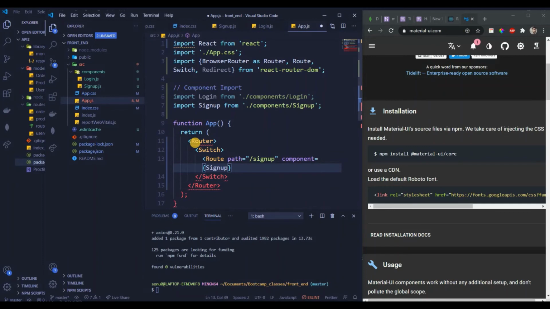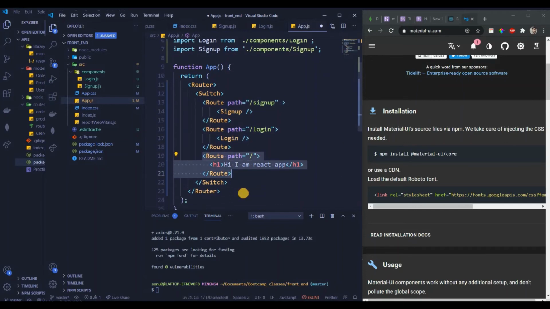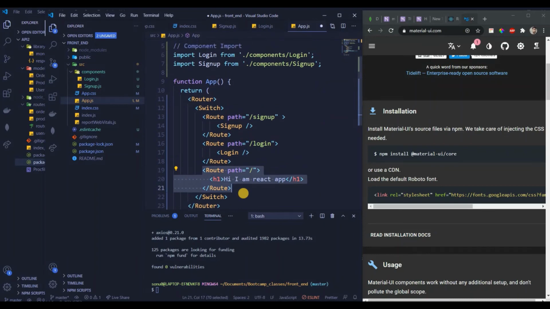Not actually like this. One second. So what we did over here, guys, we changed some of our ways of routing. Over here we did route path is equal to slash signup, and then we provided that component, then route path slash login, and similarly for route path slash, and I think this will be helpful. So if we do npm start,